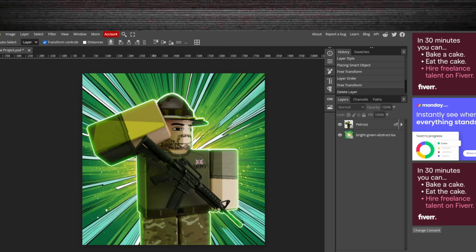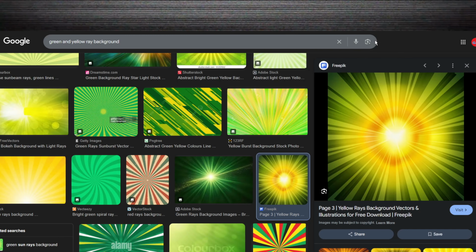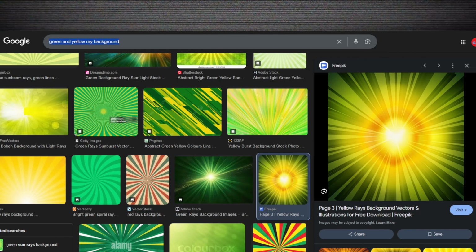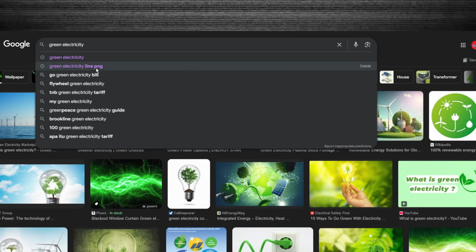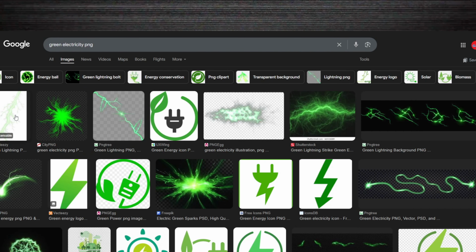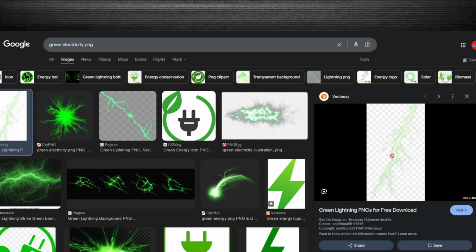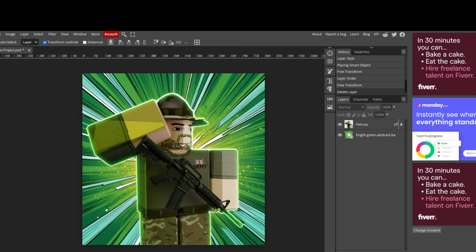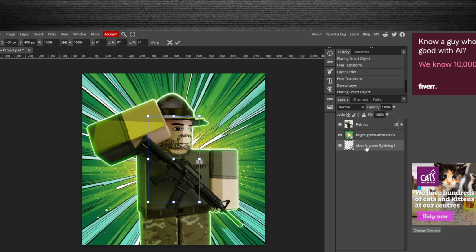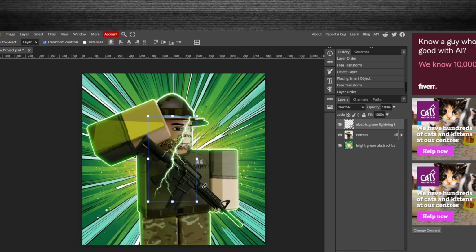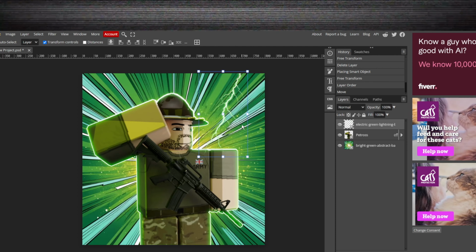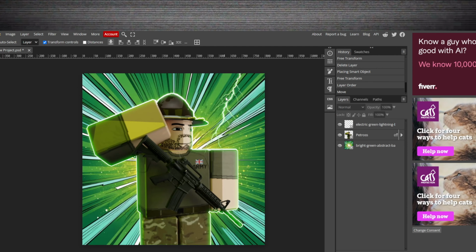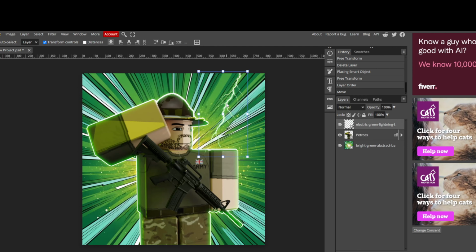So after that, you could add some electricity. So just for me, I'll search green electricity and then PNG. So find yourself a PNG. For me, I'll be using this one. Go to Photopea, put it in there, and put it on top so you can see it. So since this is a PNG, you can't select this part, or we'll select the background. So select this,